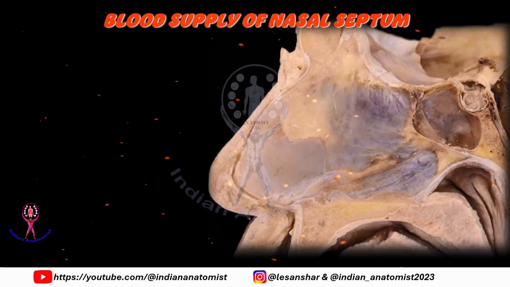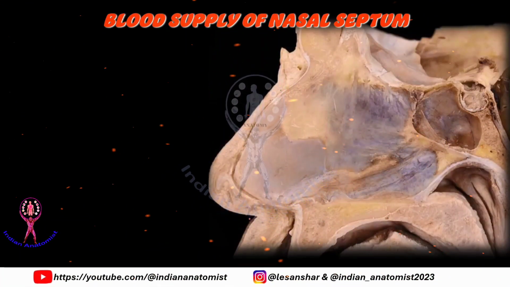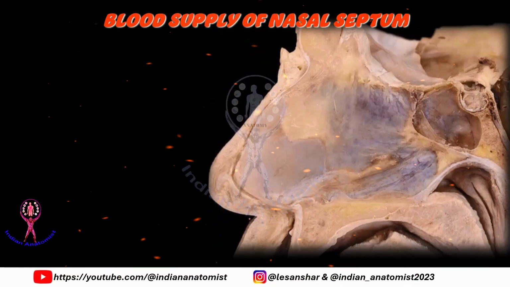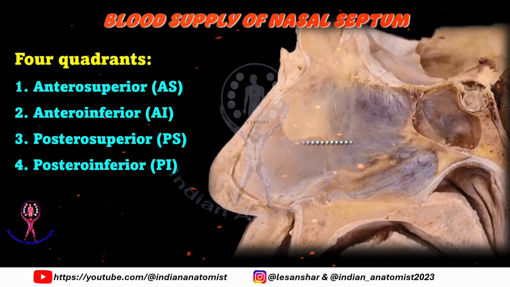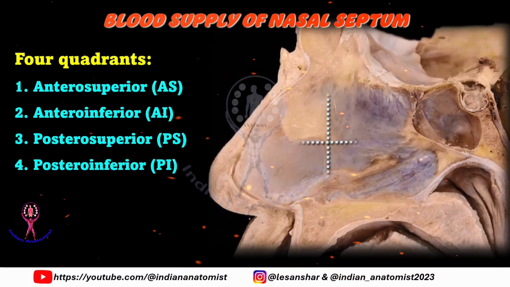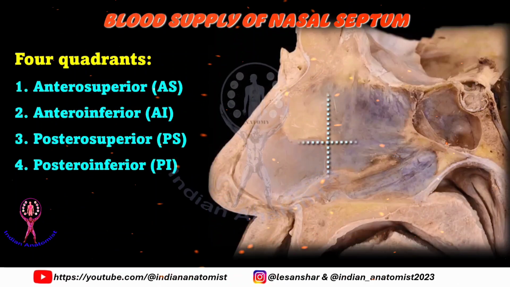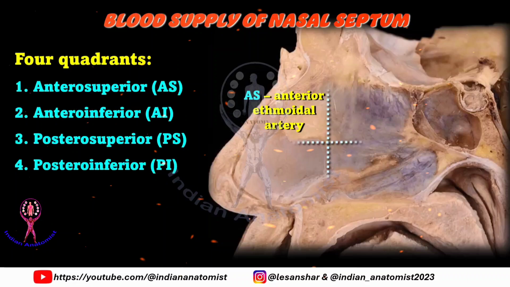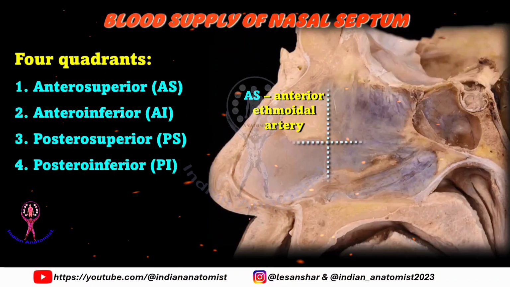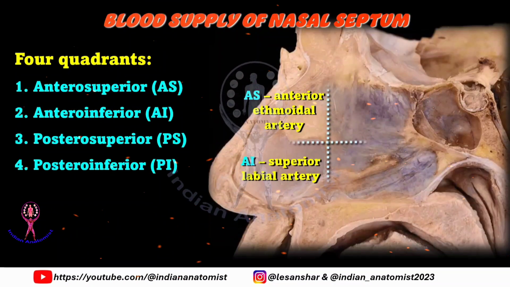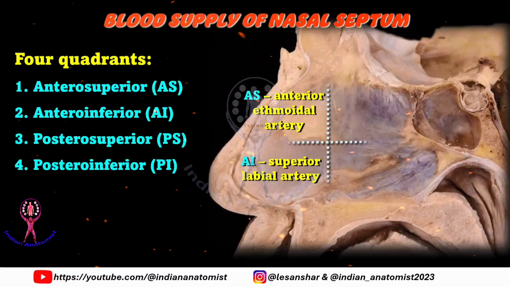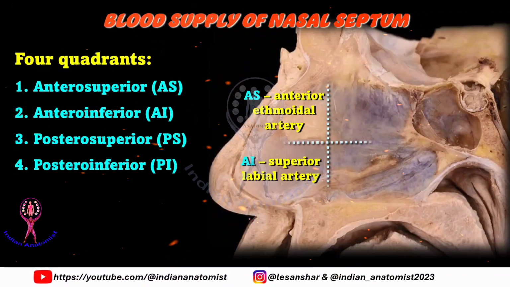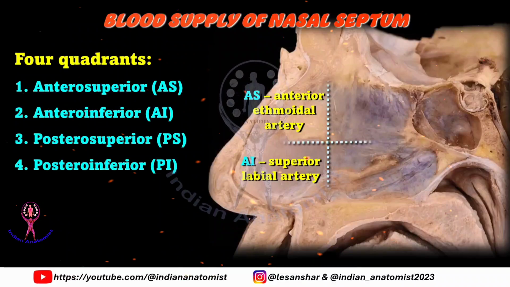Now coming to the blood and nerve supply of nasal septum. Blood supply-wise, the nasal septum is divided into 4 quadrants. They are anterosuperior, anteroinferior, posterosuperior, and posteroinferior. The anterosuperior quadrant of septum is supplied by anterior ethmoidal artery, a branch of ophthalmic artery, a branch of internal carotid artery. The anteroinferior quadrant is supplied by superior labial artery, branch of facial artery, which is a branch